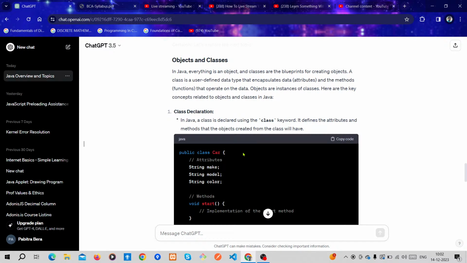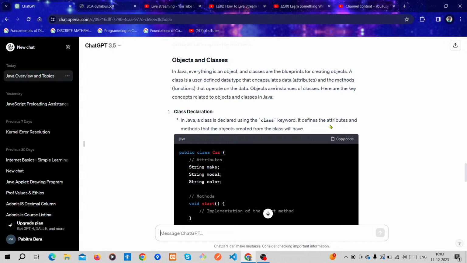When you build that car using materials to drive or run it, then it is called an object. When it is ready for running, it is called an object, and when it is on paper or in mind, it is called a class or blueprint. I hope this example clears your confusion.